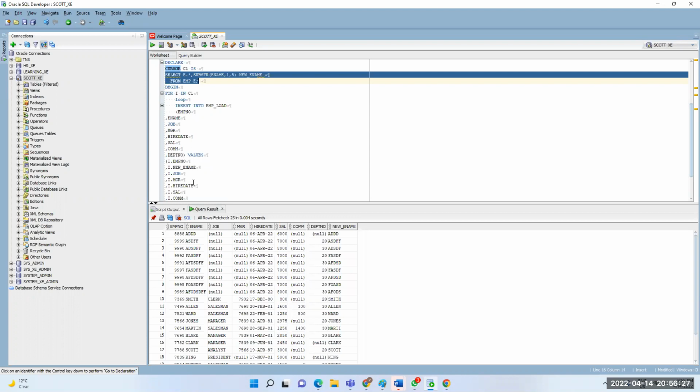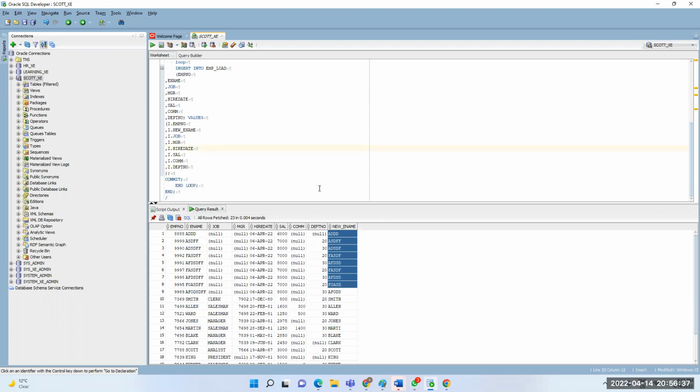What is happening here is that instead of the direct ename, I inserted this new name into the employee load table. If you see this table, I inserted the new name here.